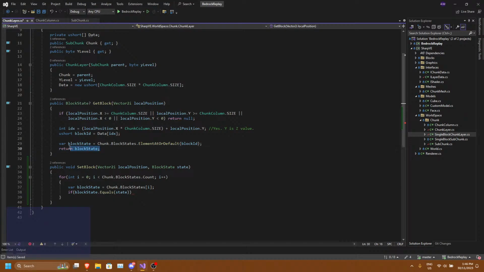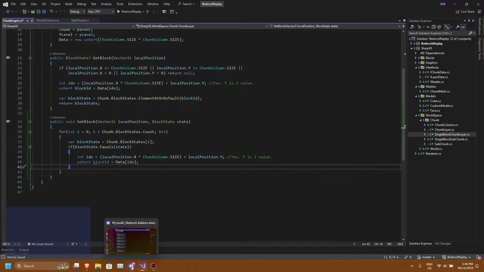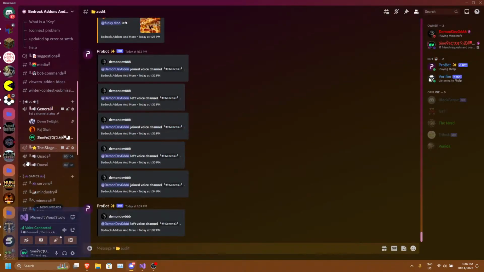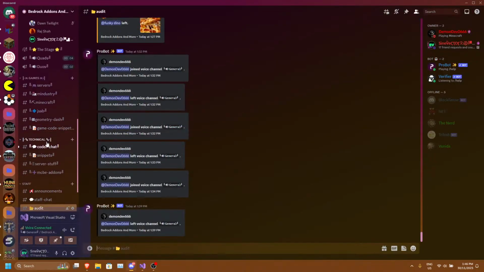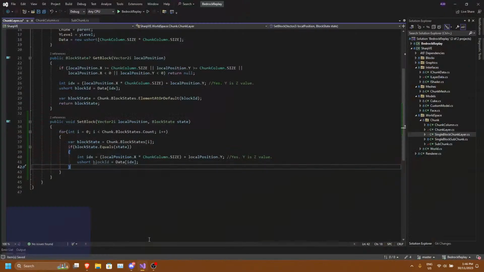We have to get the ID. Man, I am having a big brain fart right now. So we've got our block ID.